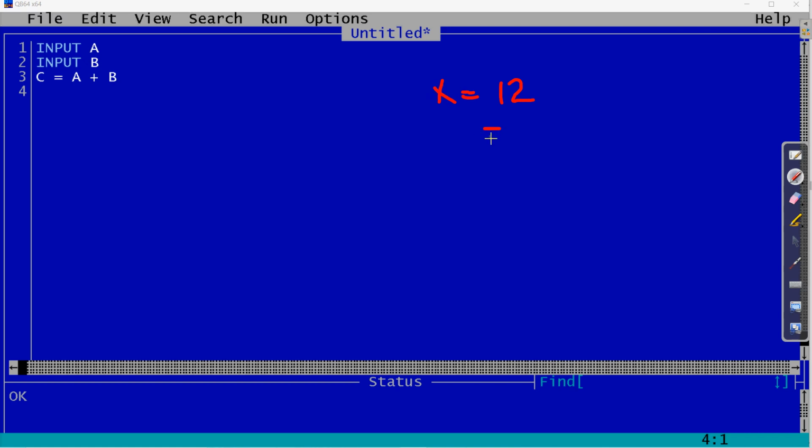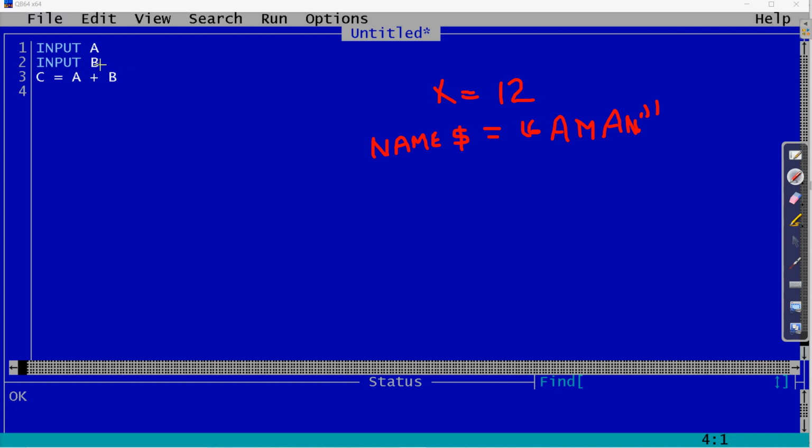But suppose you have to save your name, like Aman, then we need to write this string in double quotes, and the variable which will save this will use the dollar symbol. So suppose you are saving this in a name variable, you will write name with the dollar symbol. Clear? So this is the difference.